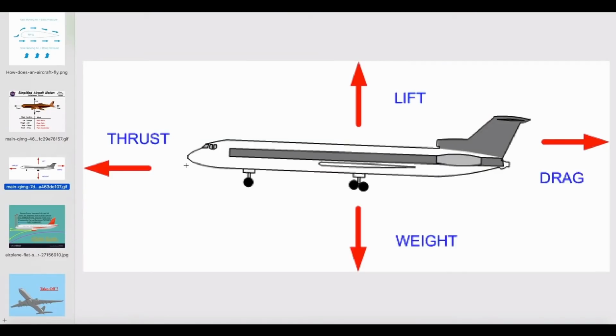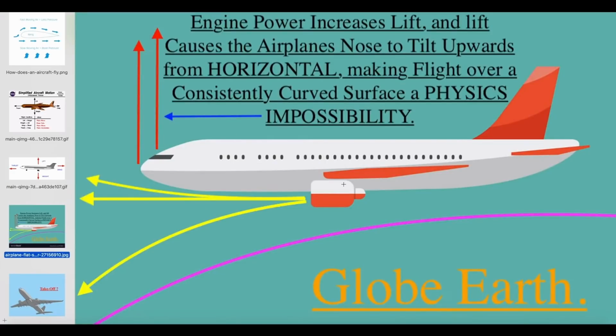Because it causes more lift, and the lift causes the pressure differential, which causes the plane to tilt up. So the plane's nose is tilted up. So here we have the purple line, if it's extended, let's just say globe out. I have written in down here. Here you have the plane going forward, right? So the plane is trying to go in a straight line like this yellow line here, right? But on this globe out model, it has to be doing this, going down this way. But it's trying to go forward, because that's how it flies.